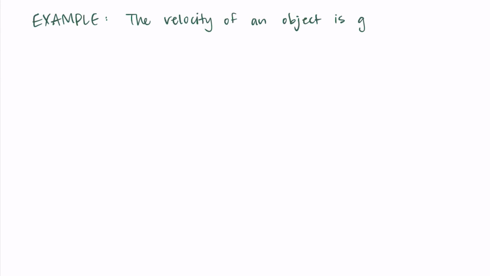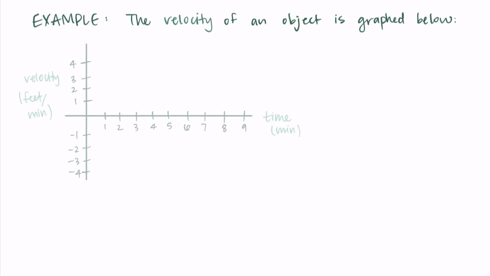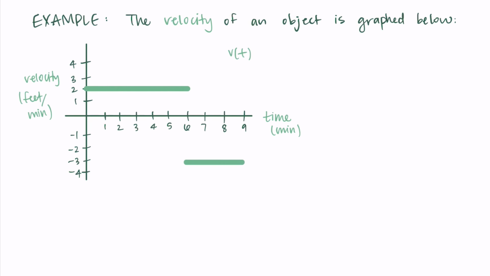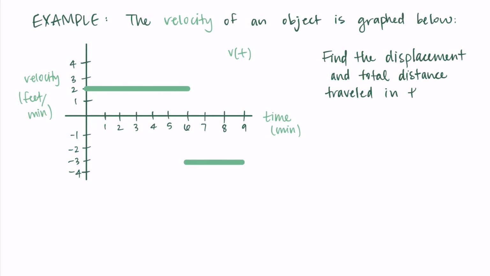Okay, so let's try an example where you can see the difference between displacement and distance. Let's say the velocity of an object is given by the graph below. Let's say the input is minutes and the output is feet per minute, that's the velocity. And let's say that from 0 to 6 minutes, it's going 2 feet per minute, and then from 6 to 9 minutes, it's going -3 feet per minute. So let's find the displacement and the total distance traveled over this first 9 minutes. Okay, we're going to think of this as the area under the curve,